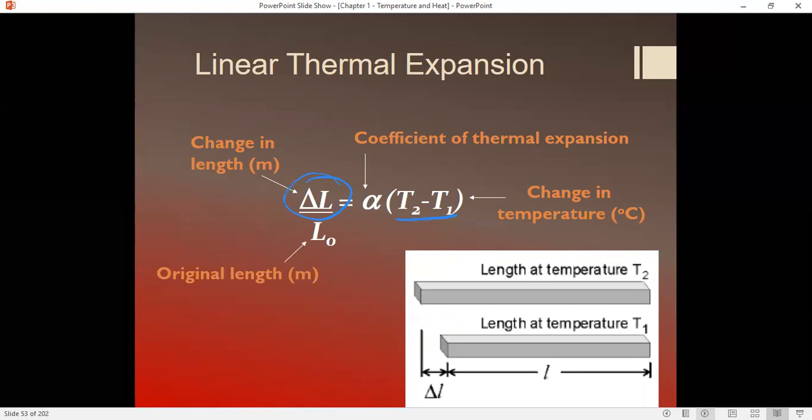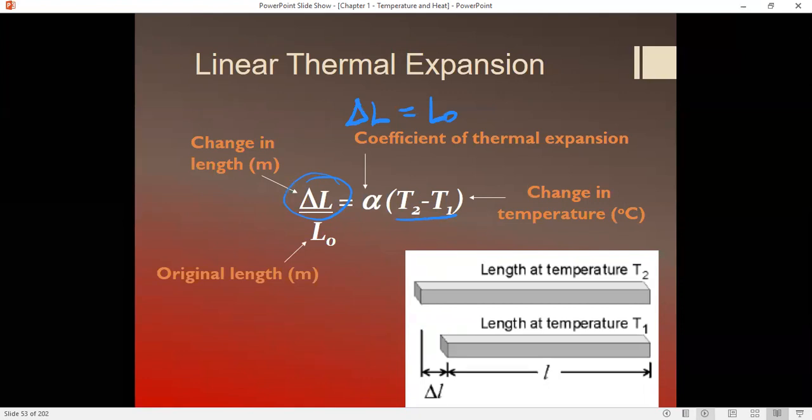The more traditional way to actually write this is that delta L is equal to whatever the original length is of an object. Obviously, the longer the object, the more it's going to expand because you have more molecules or atoms next to one another to increase their average spacing,